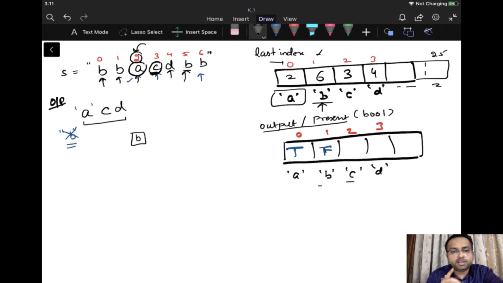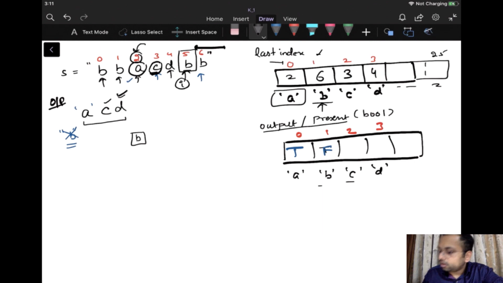I'll check whether C or D has an index that occurs after this particular index, right? So I'll check whether we have a certain index which occurs after this particular index B and also contains D. No, we don't have any index which contains D and that occurs after the fifth index. So I will not remove the D. The D will stay because we need all the characters in our string. So we cannot remove D. D will come at this point only.